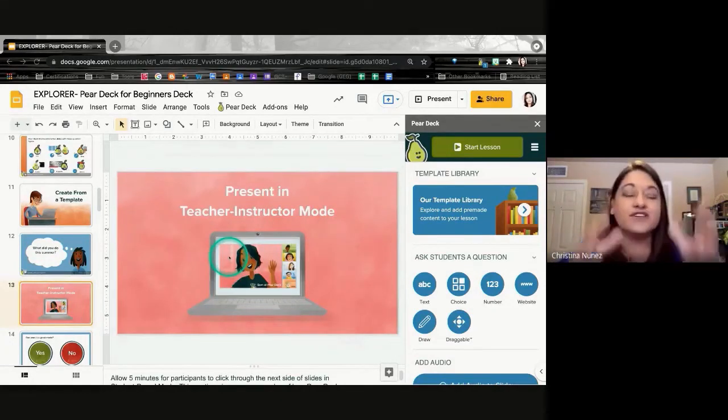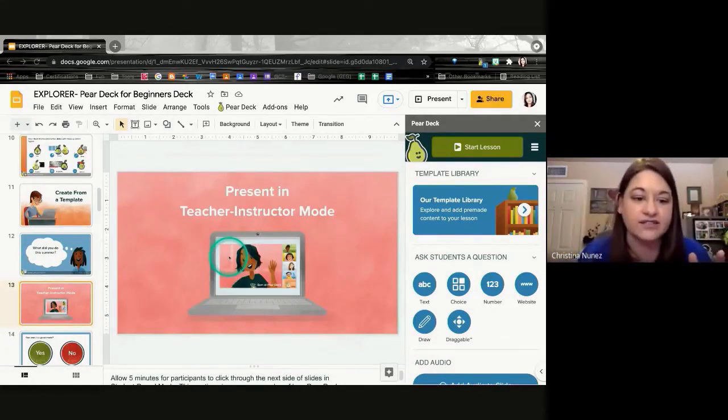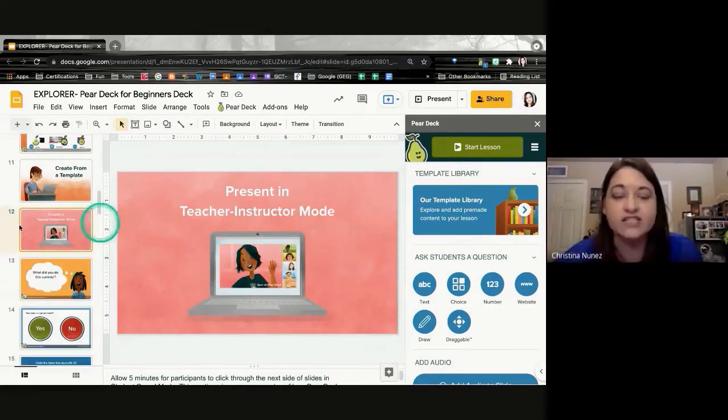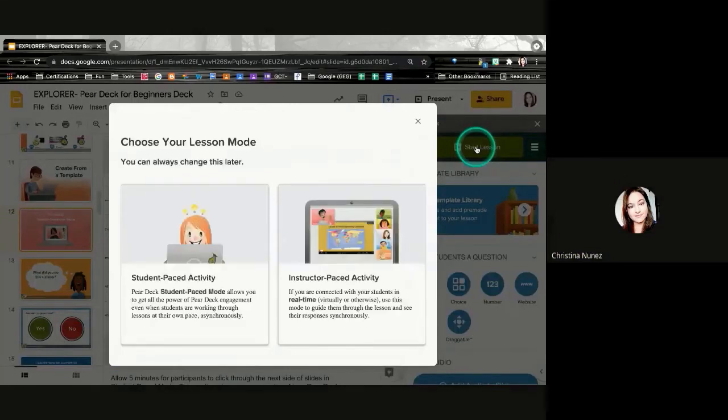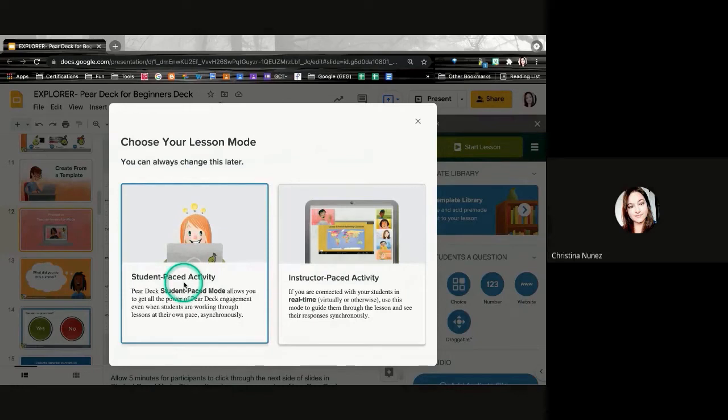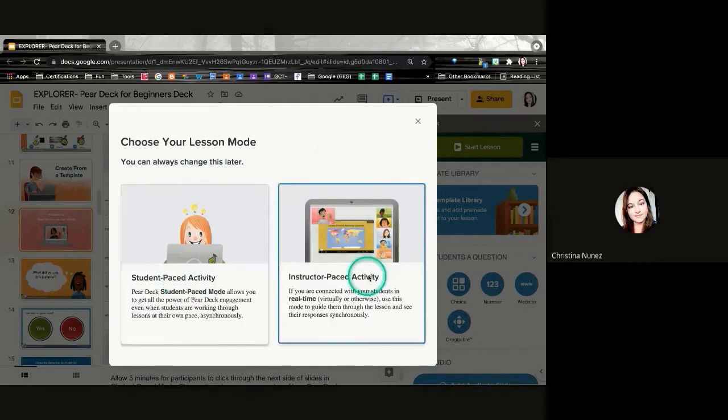Once you're in a slide deck and you've thrown some Pear Deck slides in there and you think that they're pretty good, start on whatever slide you want or at the very beginning of the slide deck, and you're going to hit Start Session. What it's going to do is ask me how I want to run this. Two different ways. I can run it either student-paced activity or instructor-paced activity. The great thing about the instructor-paced activity is it forces the students to be on whatever slide you're on